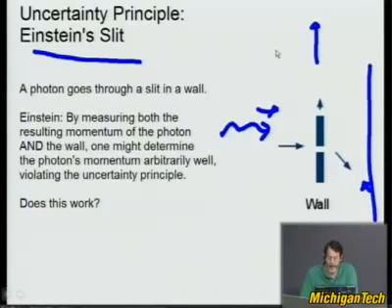And so let's say the photon got a kick down to here. So you see the photon goes through, and you see the wall gets a kick in the up direction. So then you can say, wait, I'm going to balance momentum and say, oh, I know where that photon's going to go. So Einstein tried to beat the uncertainty principle by also including the momentum of the wall being measured.